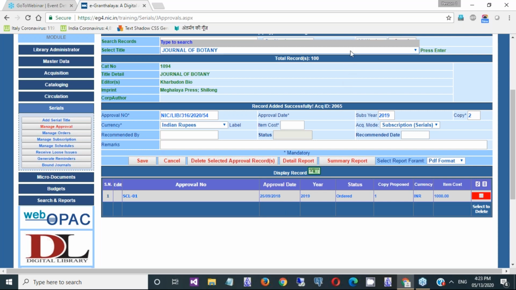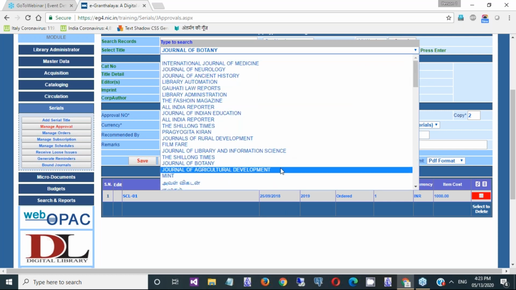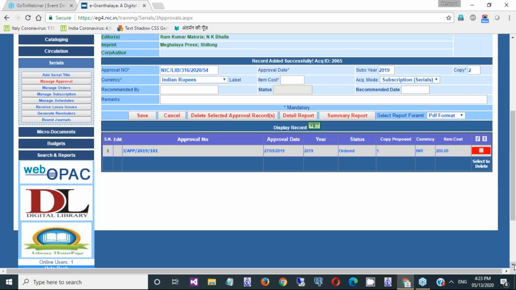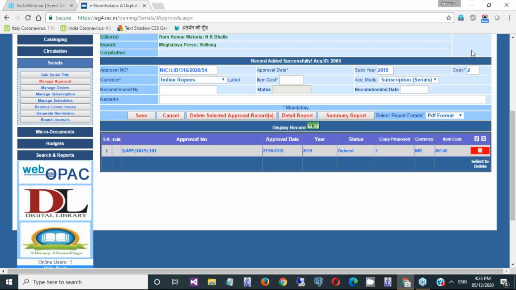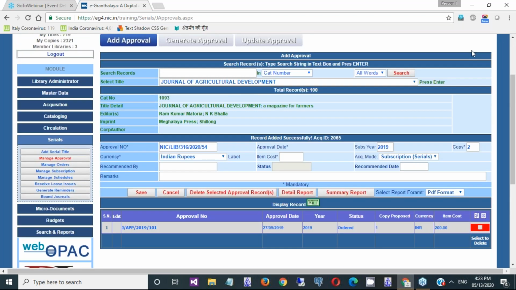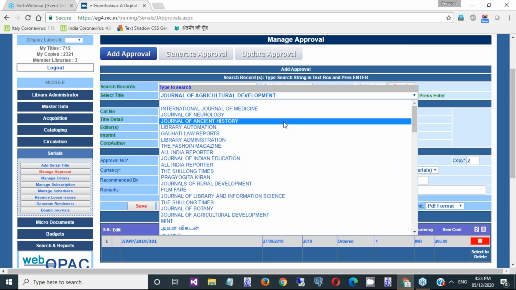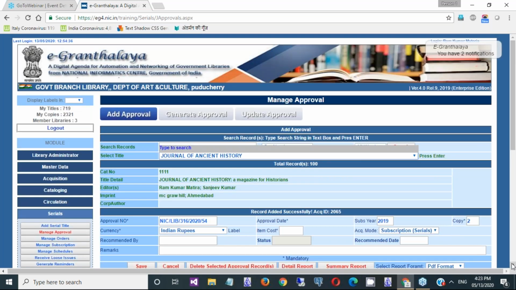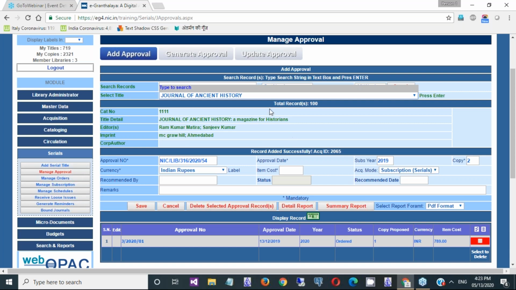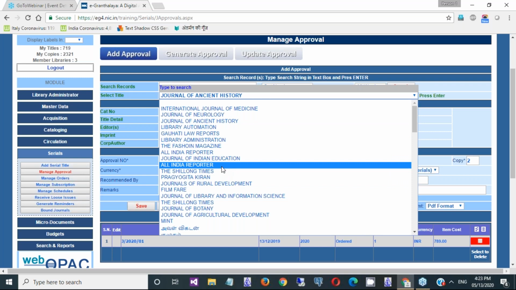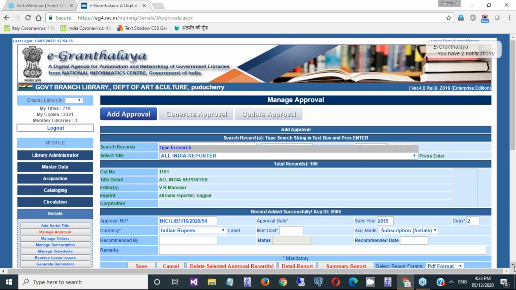It is also subscribed already, Journal of Agriculture Development. It is also subscribed during 2019. Journal of Ancient History. This is already in the list of All India Reporter.